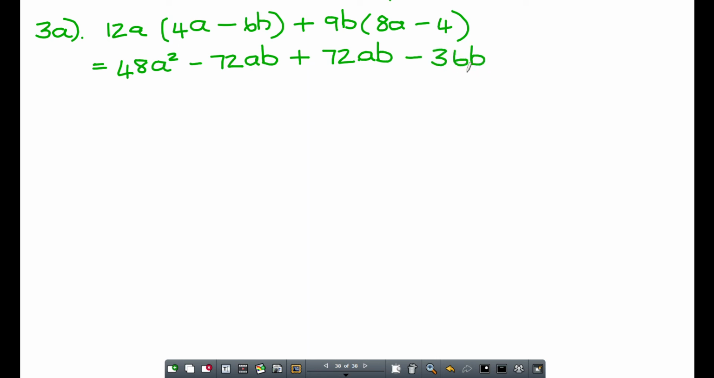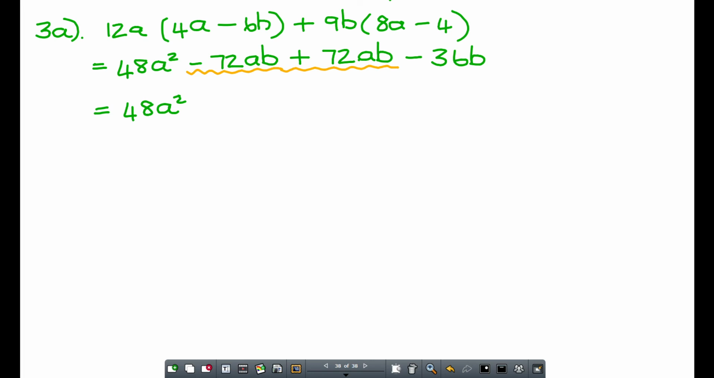36B. But now we've got to look for like terms. Were there other A squareds? No. So that 48A squared is going to stay exactly like it was. Now what I want you to see is that I've got AB here and I've got AB there. And minus 72AB plus 72AB is going to give me